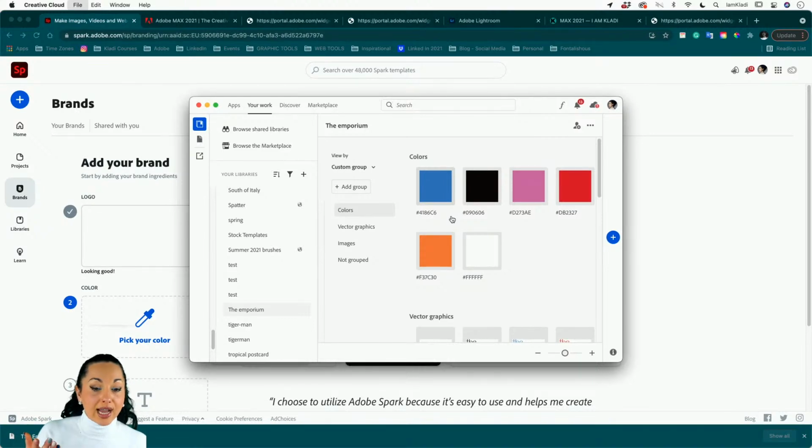So when you work with a designer, all you need is a link to the library, and from there you'll be able to access the colors. So for example, we can start with this blue color, and that's the beauty. Not only can we see the color, but we can also see the actual code of the color, the hex code. And that's the one that you'll be looking for when you want to add a color in your brand. So in this case it is